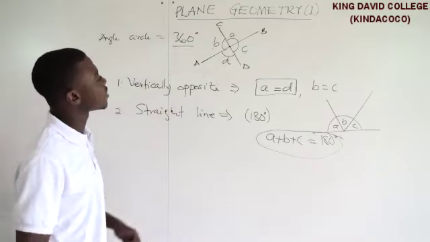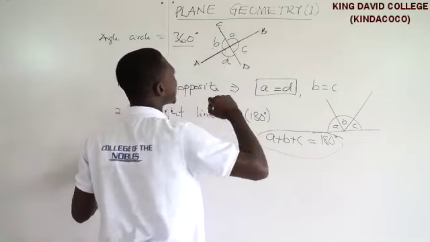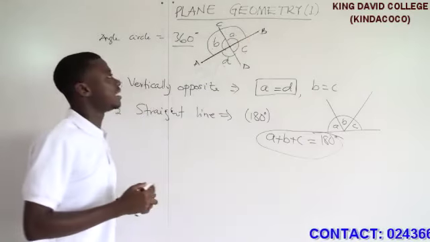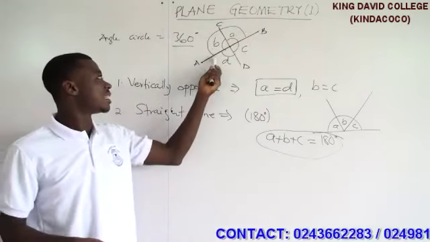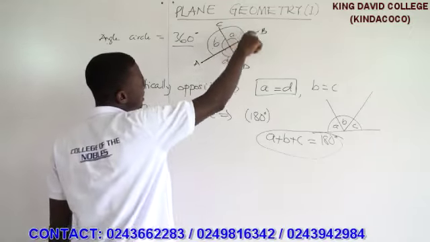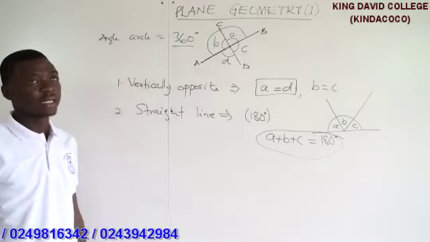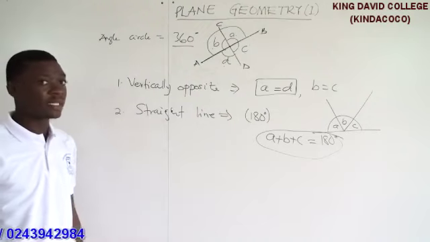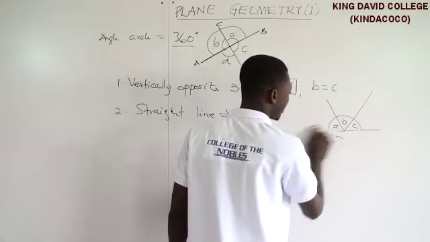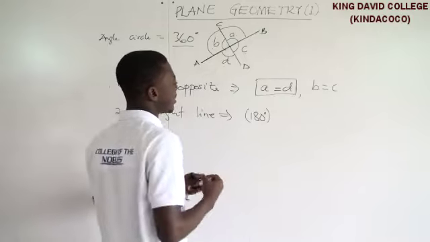So when we come here as well, when we pick this line AB, you can see clearly that angles B and A are on the line AB, as well as angles D and C. In the same way, angles A and C are also on CD, and then B and D are also on CD. So if we are using the diagram that we have,